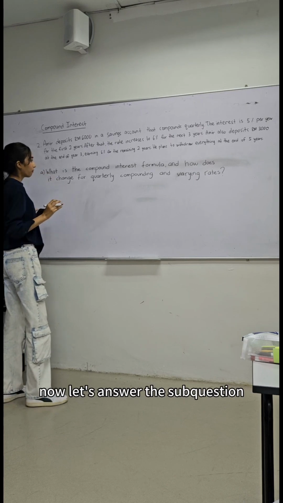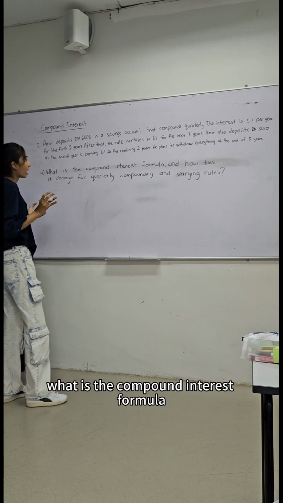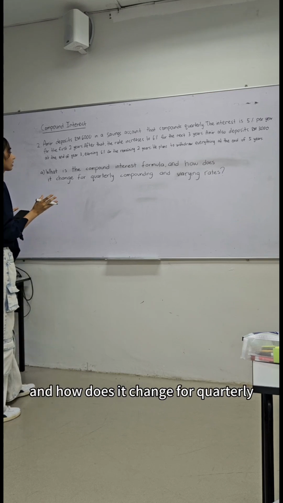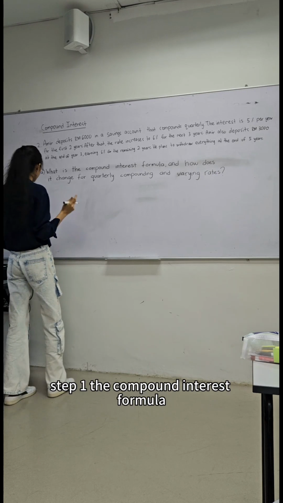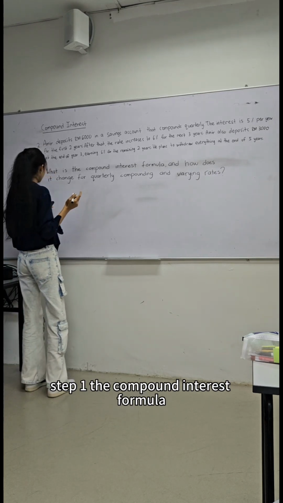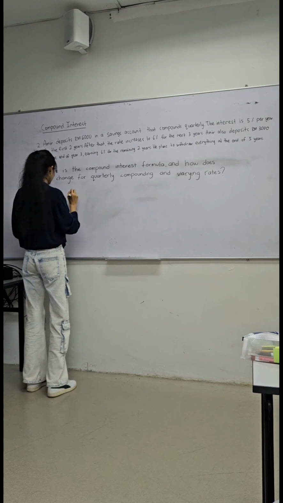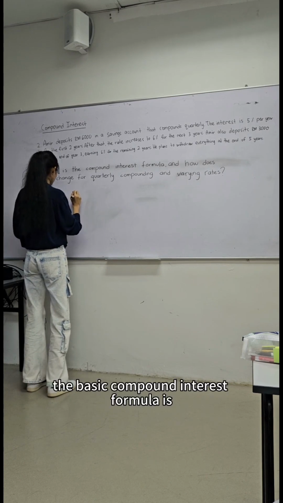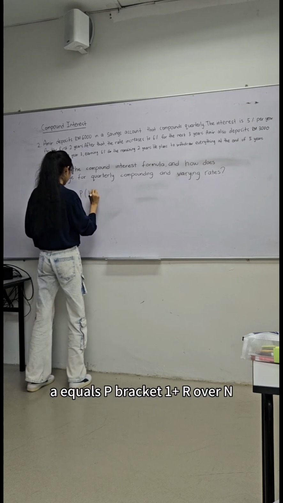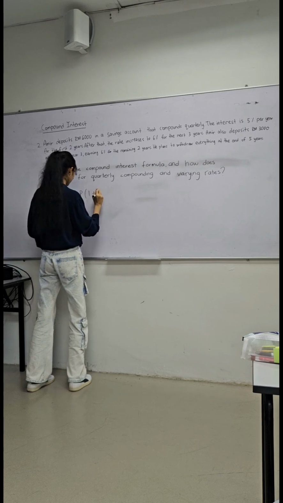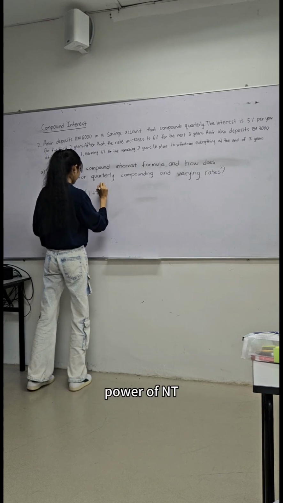Now, let's answer the sub-question. What is the compound interest formula and how does it change for quarterly compounding and varying rates? Step 1. The compound interest formula. The basic compound interest formula is A equals P bracket 1 plus R over N, power of NT,